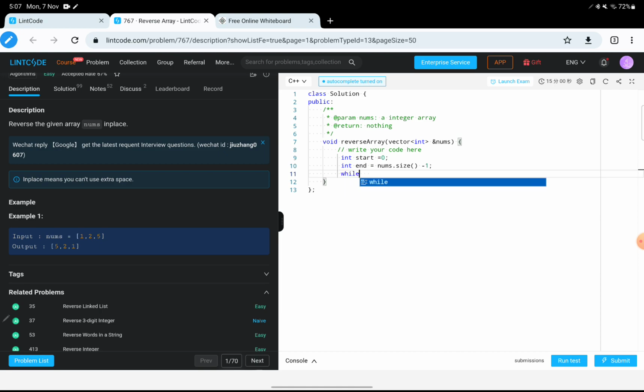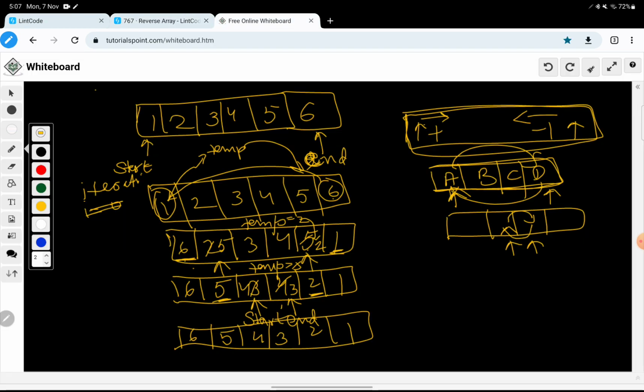Once we are done with that, we just need to check whether the start pointer is less than the end pointer. If you see in this case, after this, when the start pointer has moved here,